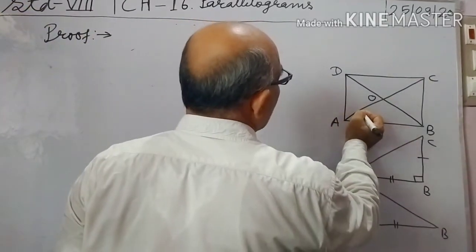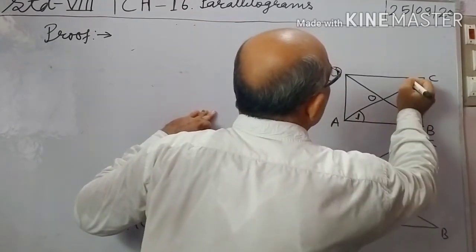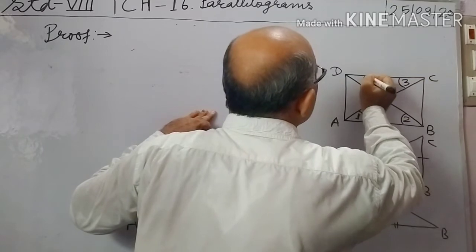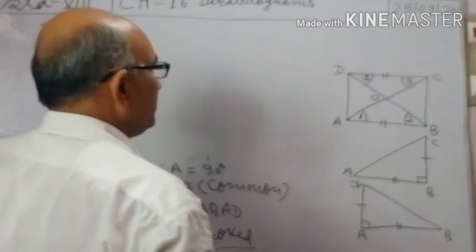So here angle 1, angle 2, angle 3 and angle 4. AB equal to CD, opposite sides. So write